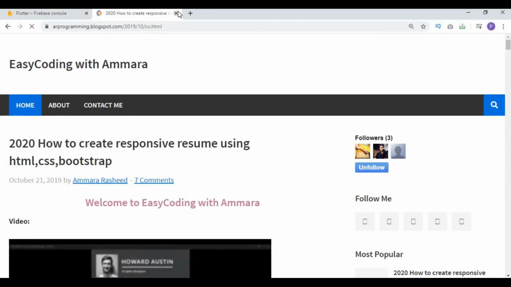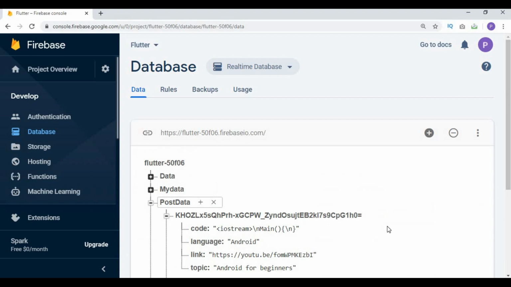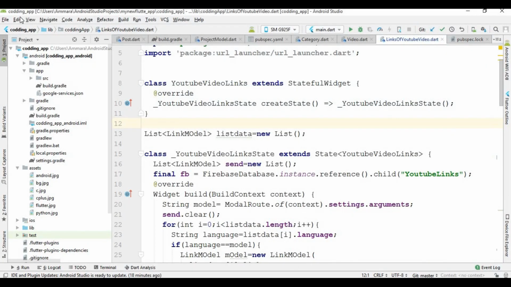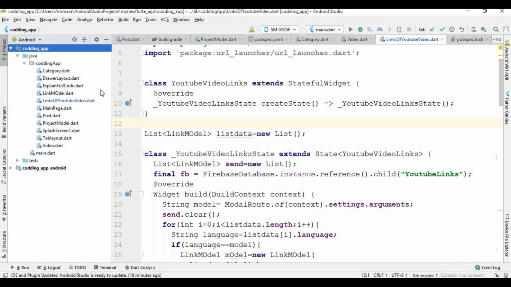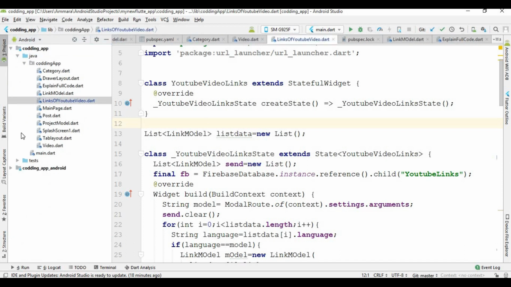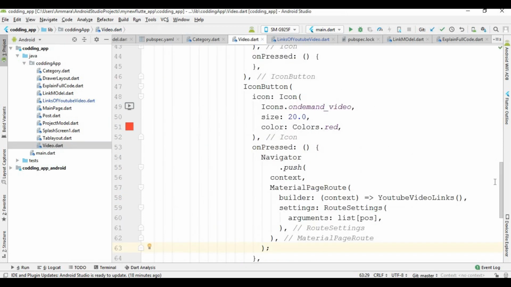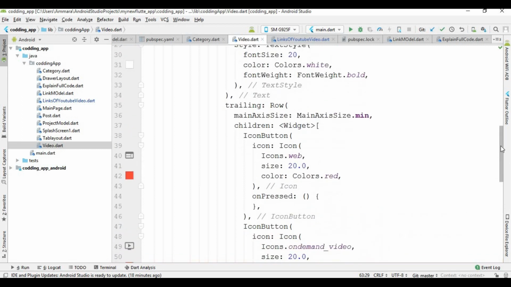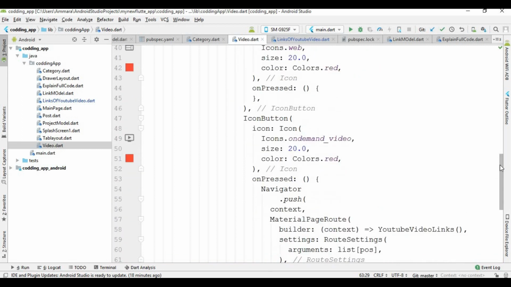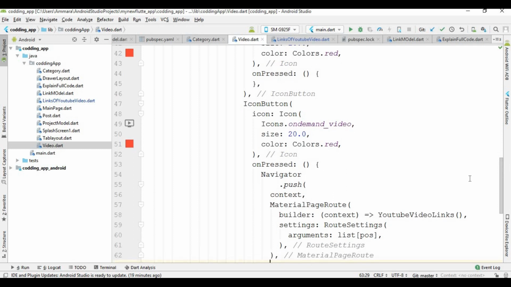Sorry, just close this now and select Android from here, and after that open the file. From here, video, and inside this video file we created two icons, one for video, you can see that, and one for the website. Okay, so in this video I will tell you how you can open the YouTube link, and in the next video I will tell you how you can open the website link. Okay, so here in this